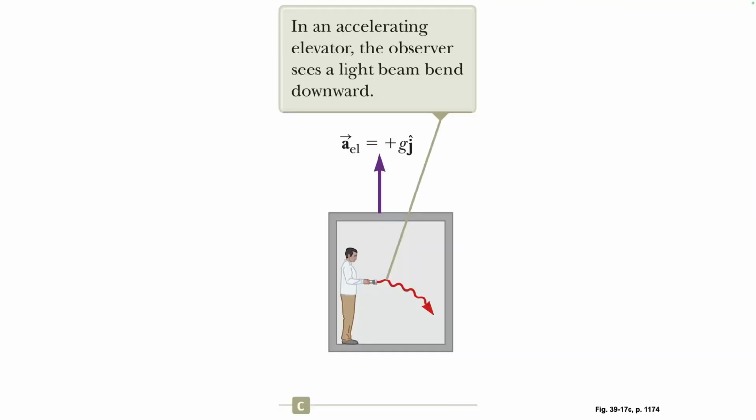So Albert Einstein said, okay, if the principle of equivalence is true, then light should be affected by gravitational fields. Let's flip this on its head. Light, this thing with no mass,